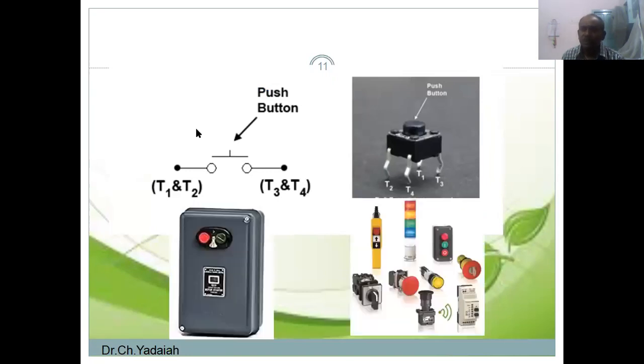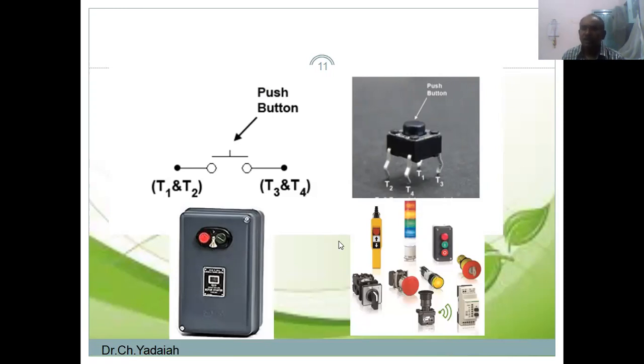Now this type of switch is used in electronic circuits, and at the same time you have also observed it in electrical fields, in our domestic pump sets. This is the DOL starter, the direct online starter, with a red button and a green button. The red button is normally open. Under normal condition it's open. Whenever you push the green button, the motor will operate, and whenever we need to stop the motor, we push the red button. Inside, some protective equipment may also be provided. These are push type buttons.